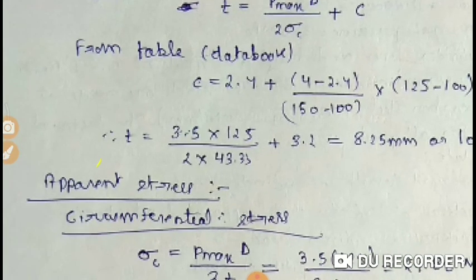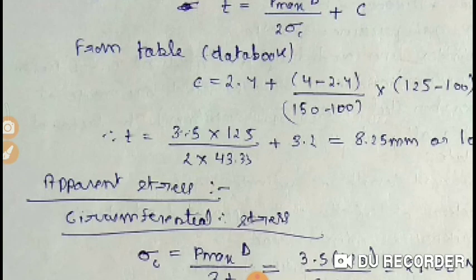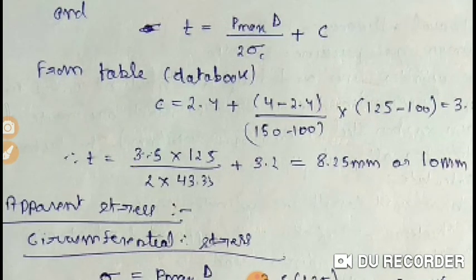Here we also have to calculate the value of capital C, the reboring allowance. The reboring allowance capital C is taken from the data book. For that, go to the machine design data book by V B Bhandari, go to the IC engines design chapter and the cylinder designing part, where you will check the values in the table for capital C. Take that value, add it to the thickness of the cylinder, and calculate the final thickness of the cylinder.